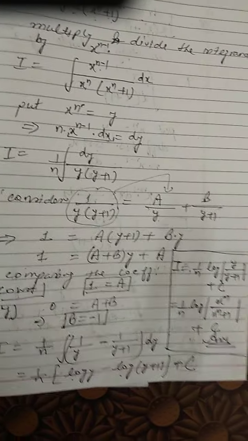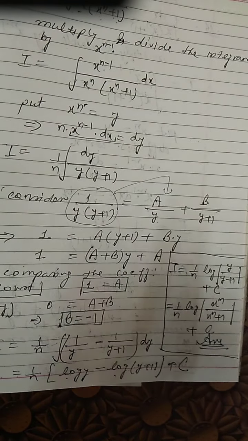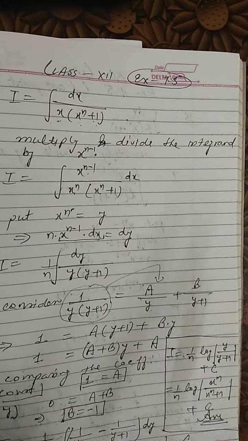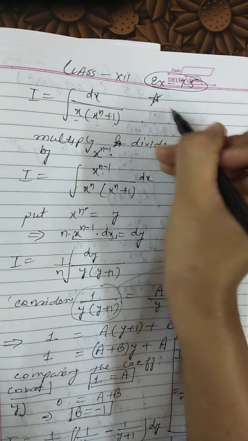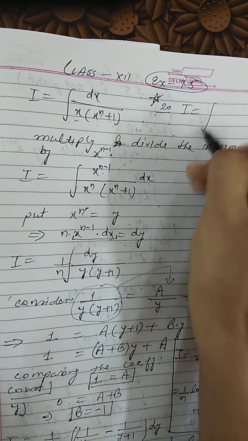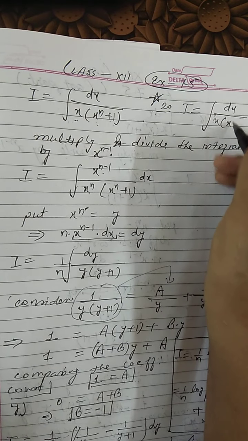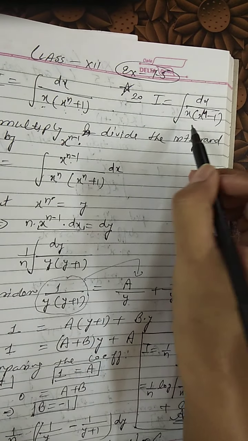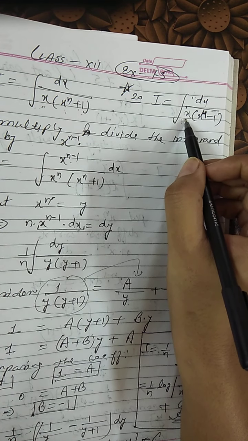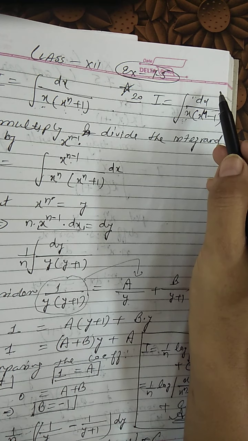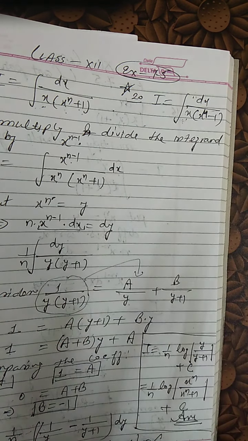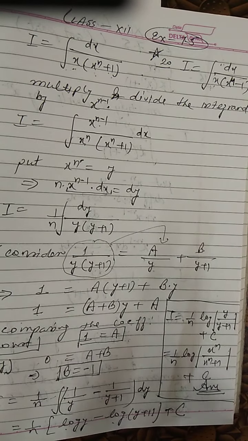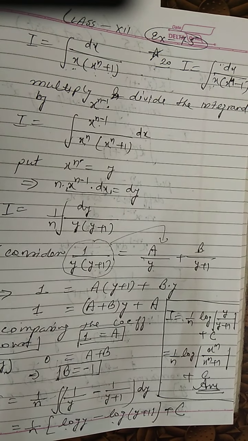Similarly, you people have one more sum. It is sum number 20. Sum number 20 is exactly the same, where, if I write it down here itself, you have integral dx upon x and x raised to power 4 minus 1. Instead of n we have 4. So what we will do, we will multiply and divide here by x cube, and when I make the substitution, 4x cube will be the derivative of x raised to power 4. So the same method we will apply in sum number 20. I hope you people will be able to do sum number 20 also.